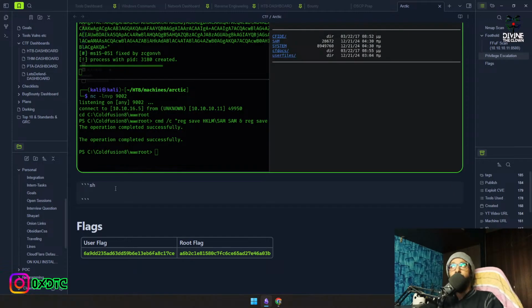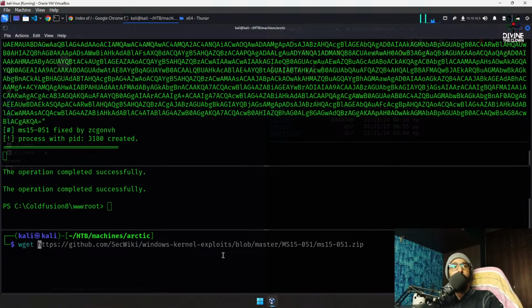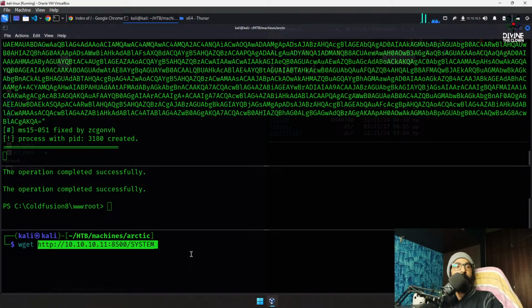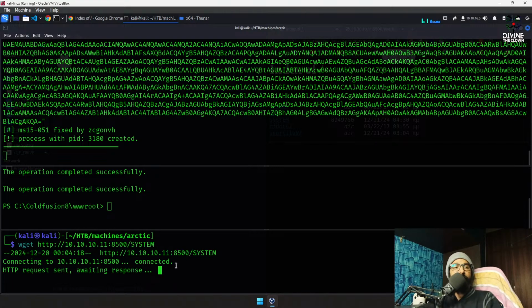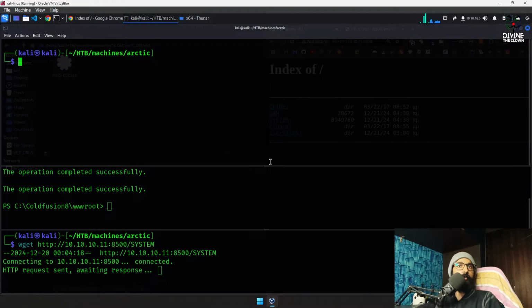And now that we have our file here, what we're gonna do, split this terminal, perform wget and copy the link address, paste it here and enter. Waiting for the response. These files are actually pretty heavy loaded files, as you already seen. System file is gonna take its sweet time to download. So once this starts downloading and I confirm that it's running sweet, I will close this session, both, and just download the files, or we can just close the sessions,